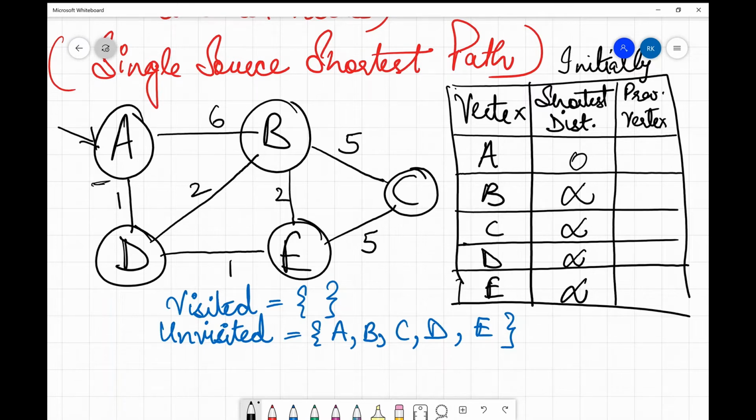Now we are going to visit these nodes one by one, and try to find the shortest distance to these nodes starting from A.